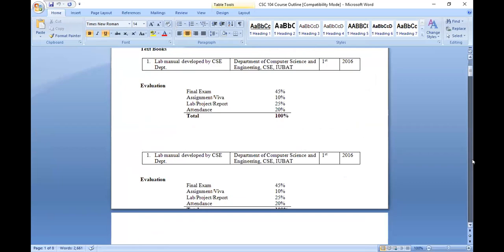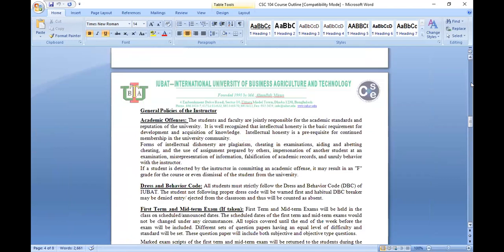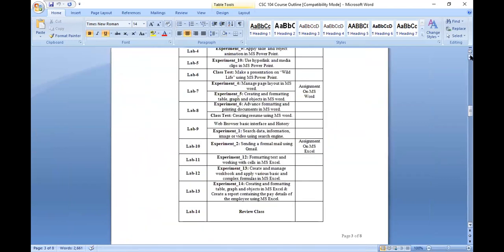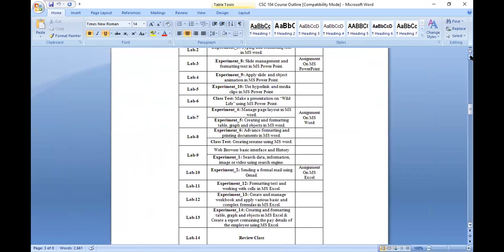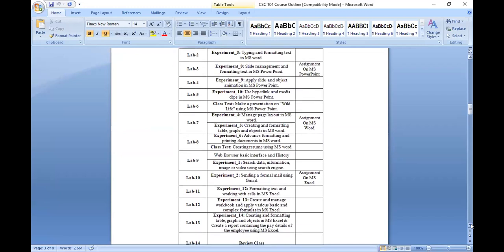Can you guys see the Word document? I'm showing a Word document to you. Yes, sir. All right. So here you can see basically lecture wise breakdown. In one lab class we have 2 hours. So here you are seeing the lab hour and then material covered. So in which lab class which topic we are going to cover, here we have the list. Day wise breakdown, or hour wise breakdown given. So this is the thing.